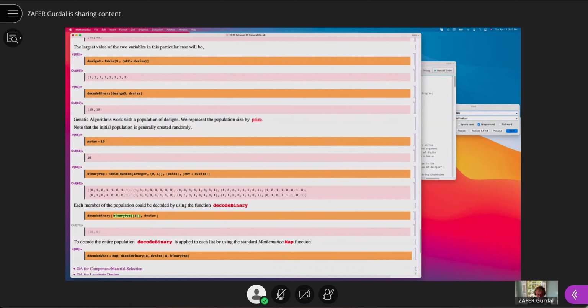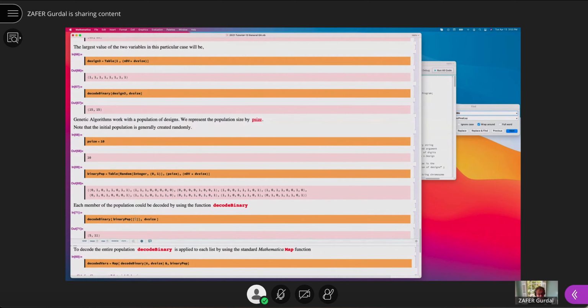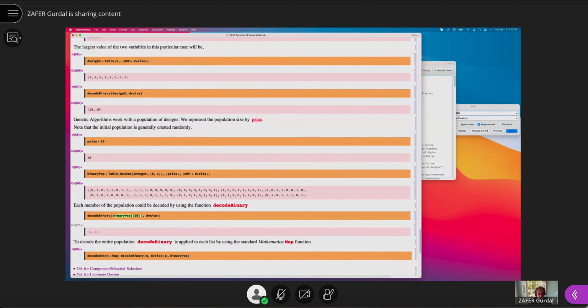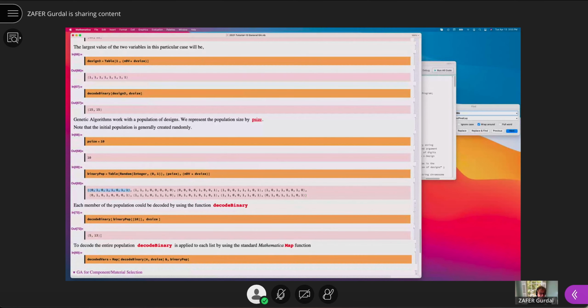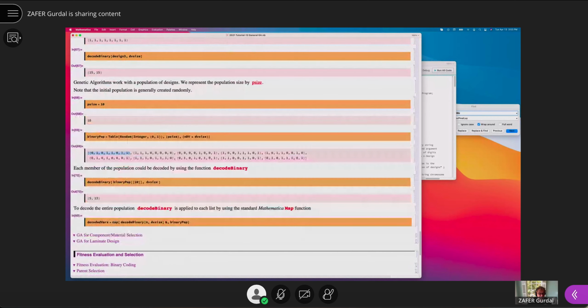First design of the random population was 5 and 11. The 10th design of the population was 5 and 13. So each one of these has a different x1 and x2 value. If I want all of them together, then I map the decode binary over the binary population, meaning that I take every element of the binary population that's in here, decode them, and write them in a list. So I'm going to get a list of 10